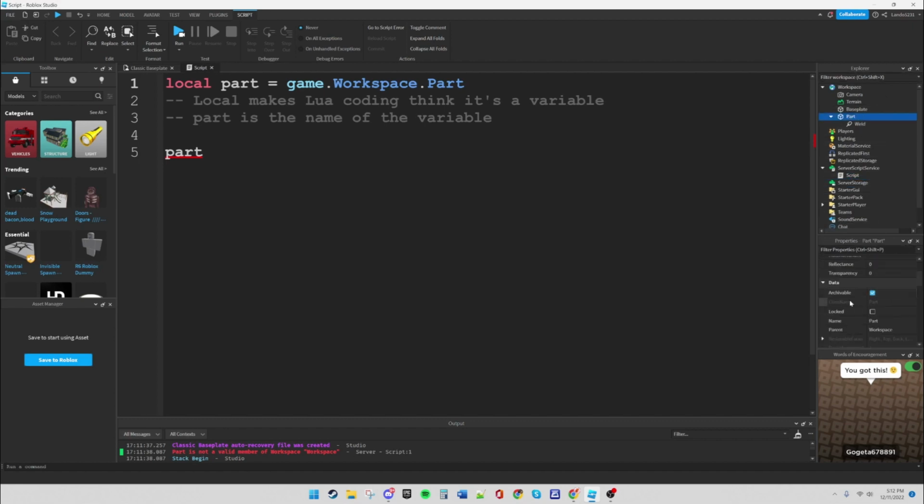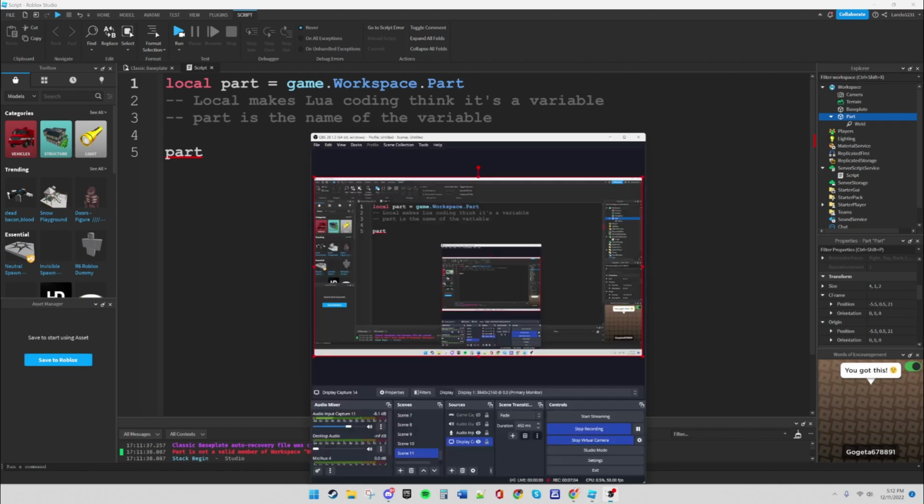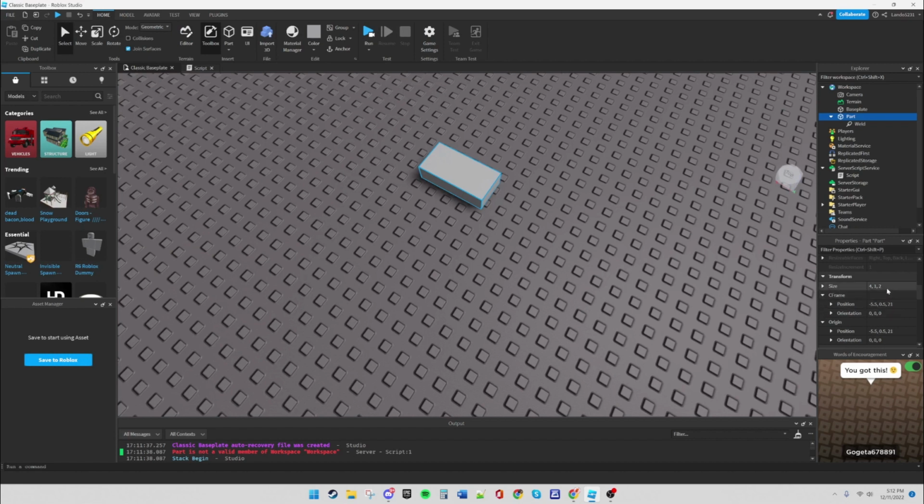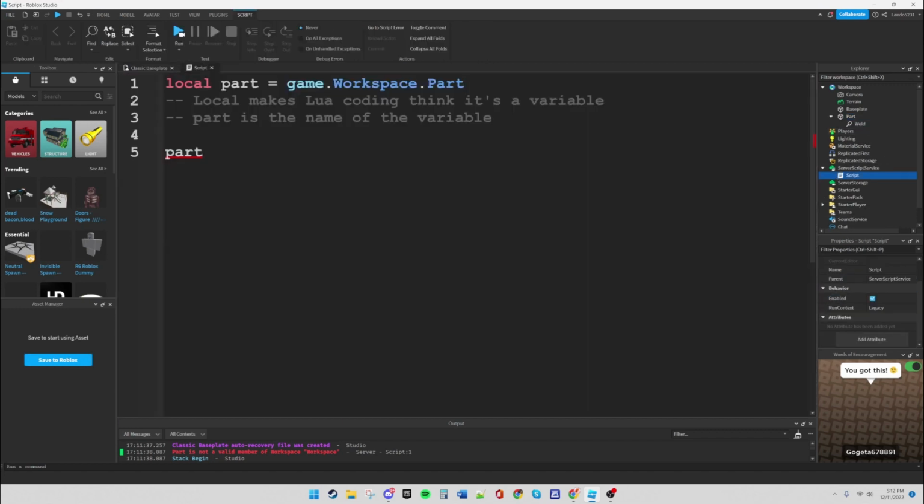That's very important to know for parents, especially when it comes to GUI designing and stuff. But this next one we're going to be talking about is size. Size is kind of important actually, because I recommend using this if you don't know how to scale stuff very well. So I can do part.size equals, and then I could do